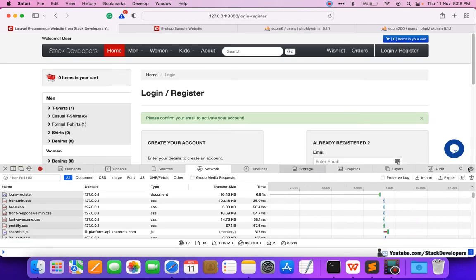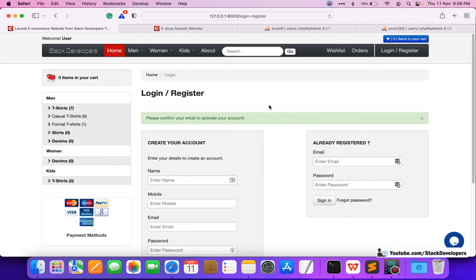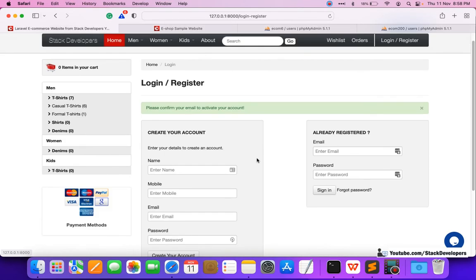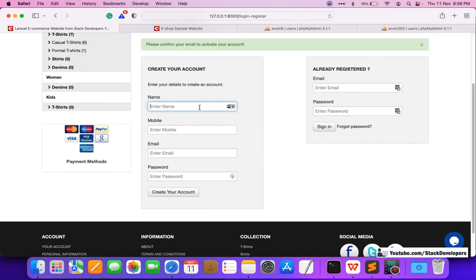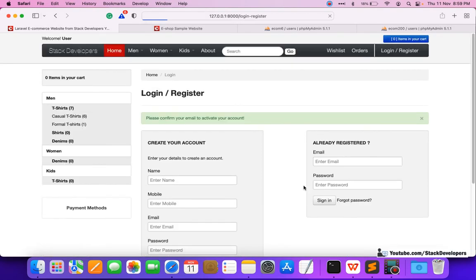You can check that. Now I will do it once again with a new ID, without any refreshing, and see whether it is working fine or not. I will do it with another ID, like Rahul Gupta, and mobile 981, this one, and email is something like Rahul G something at the rate of yopmail.com, and password is 123456. Let's see. This email ID must get registered in both websites. Okay, so let's try. It gets registered.